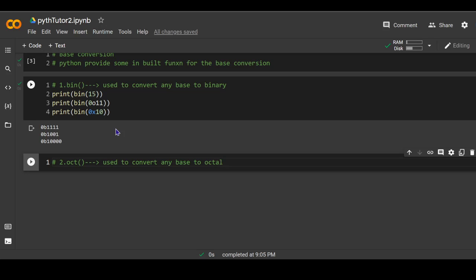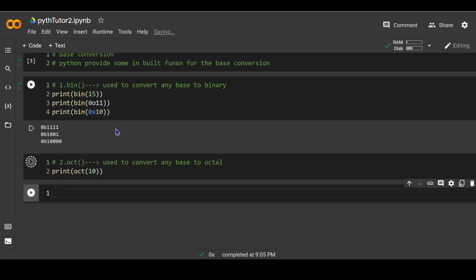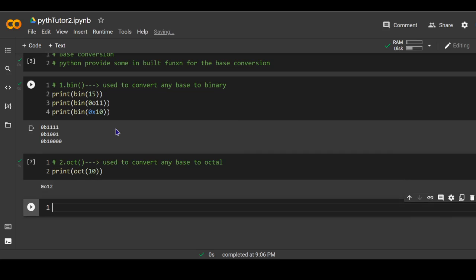So let's see an example. For example, if I write print oct, say decimal value 10. Let's print it. See, prefixed with 0o, this is the equivalent number of the decimal number 10.